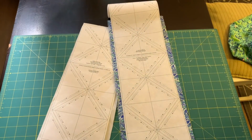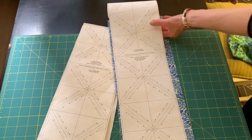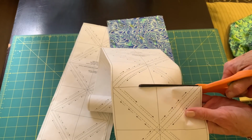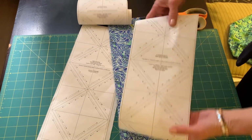For my little project today, I am using a piece of one of these long strips of paper to make some half square triangles, and I'm going to cut carefully along one of these lines. I need to cut right on that line to get an exact size on my half square triangle,